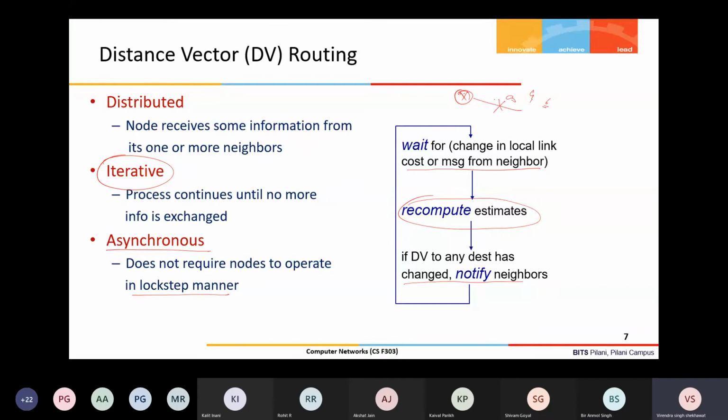So my local link cost is not changed, and I have not received any change update from the neighbors as well. If all the nodes are in the same state, not receiving from anybody else and their local link cost is also not changed, then we'll say the algorithm has converged, and all the nodes have the same routing table based on the current network link metrics.